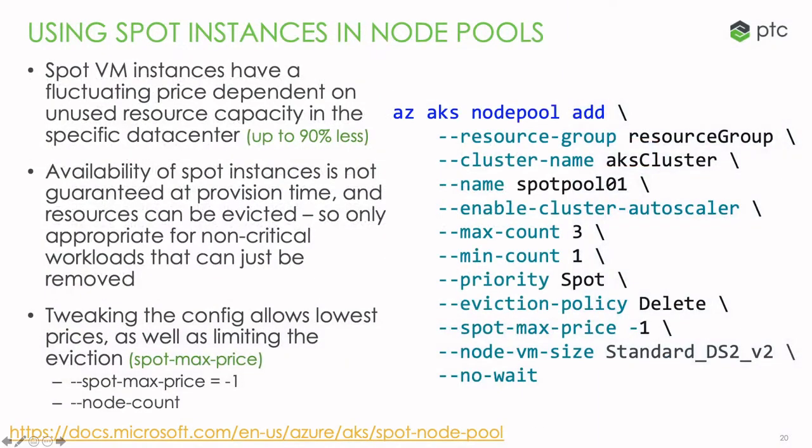Next one is spot instances in node pools. This one is actually something that I learned about in the introduction to AKS course from Microsoft, which is very interesting. I would definitely recommend it. I believe it's one of the final sections in that training course, where they talk about cost optimization using spot instances. This is something a colleague of mine and I were just testing out, and it's also now generally available. So this is super cool, just being able to create a node pool that leverages spot